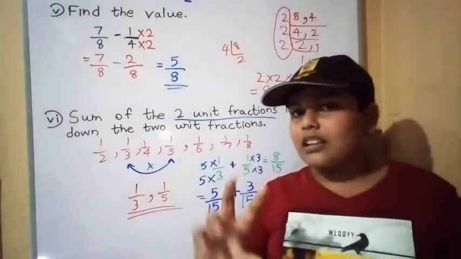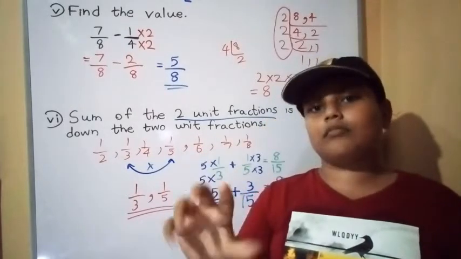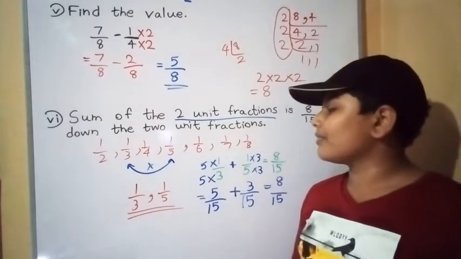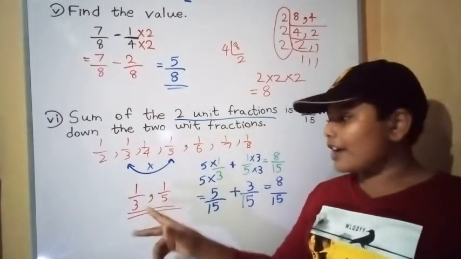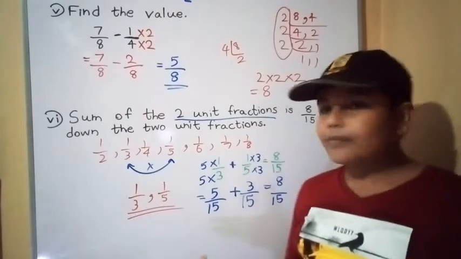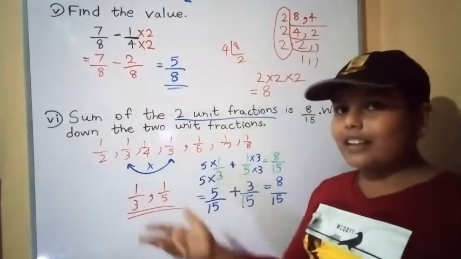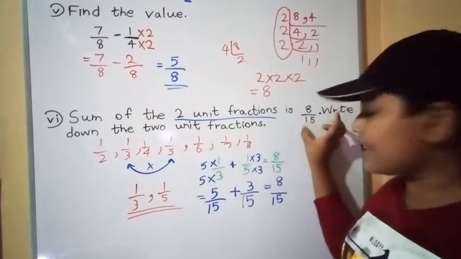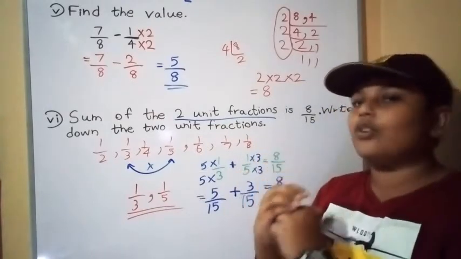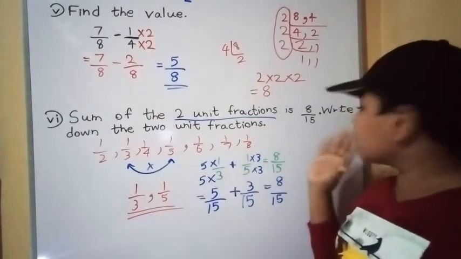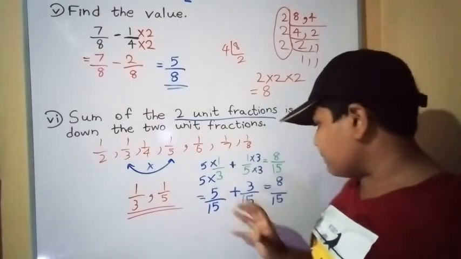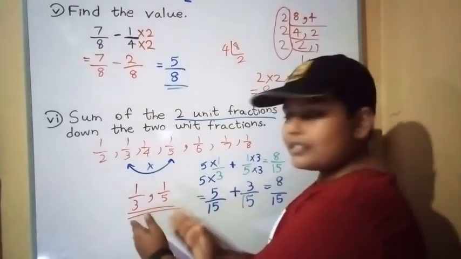Unit fractions mean the very comparable type of fractions, right? Now 1 over 3 and 1 over 5 are the two fractions that give 8 over 15. We can't get 2, 3 like that. Again, you want to get two unit fractions whose denominators multiplied give the given fraction's denominator, right? Like 3 multiplied by 5 is 15. Now you simplify this like this. Now this is the method. Now these are the two unit fractions.